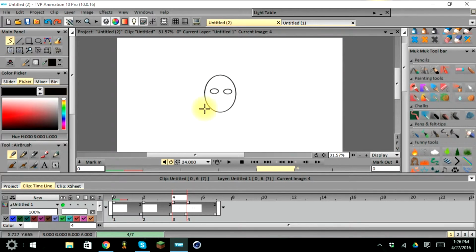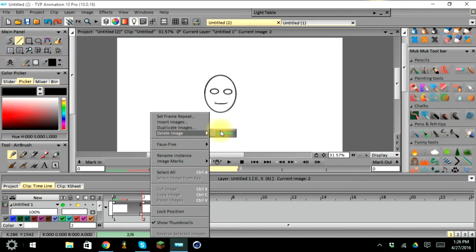And we can turn back the light table on so we can see that, oh, okay, it's going from here to there. Well, now what we could do is we could take and place his mouth. Oh, we gotta undo that. And we can place his mouth up here. And it could give a little bit more of a different expression. I'm gonna take and delete this image because it split my keyframe.